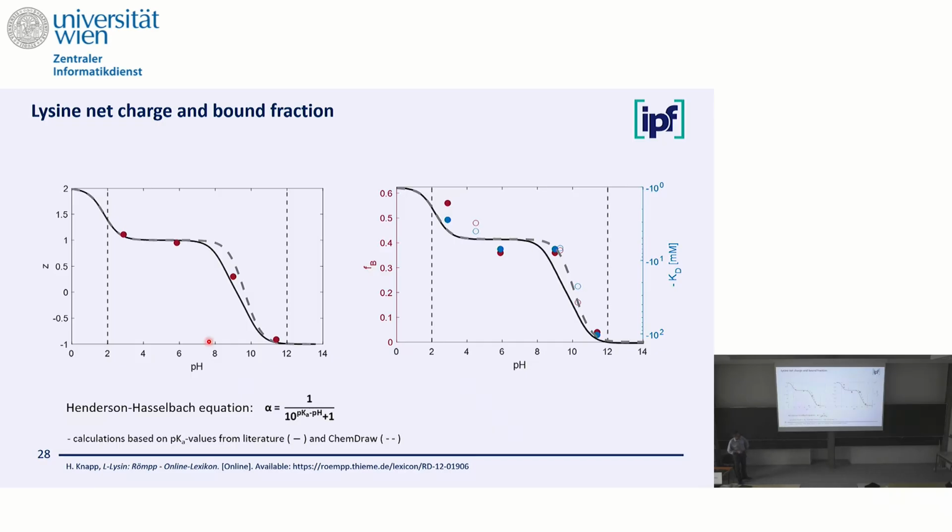Converted it into the constant for the lysine. So there's a very small bound fraction at high pH. It didn't manage to get it to full 2 charges because of the very low pH. High there, but the key point here